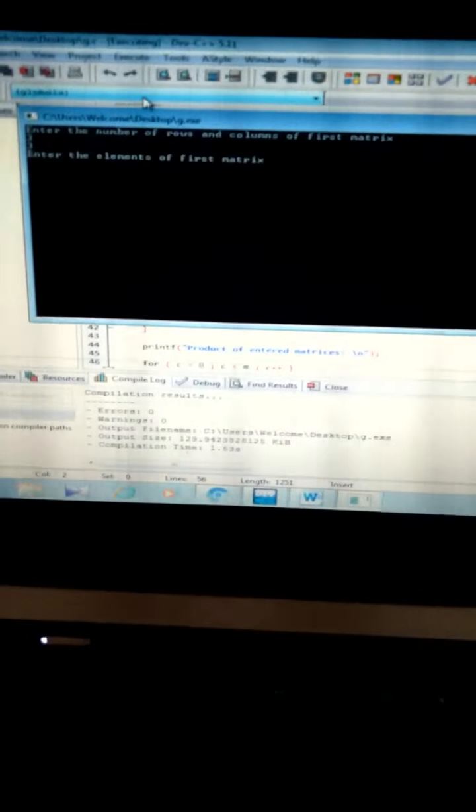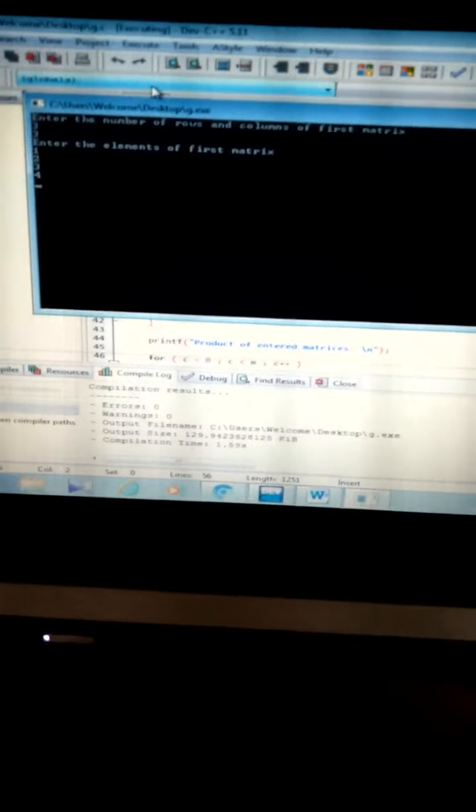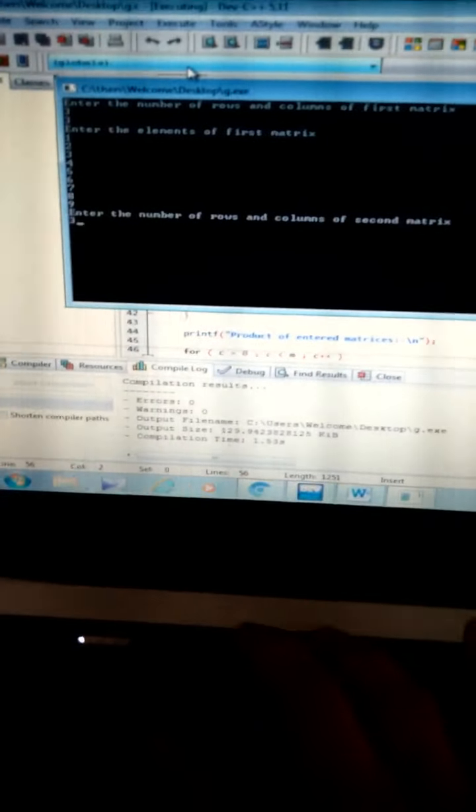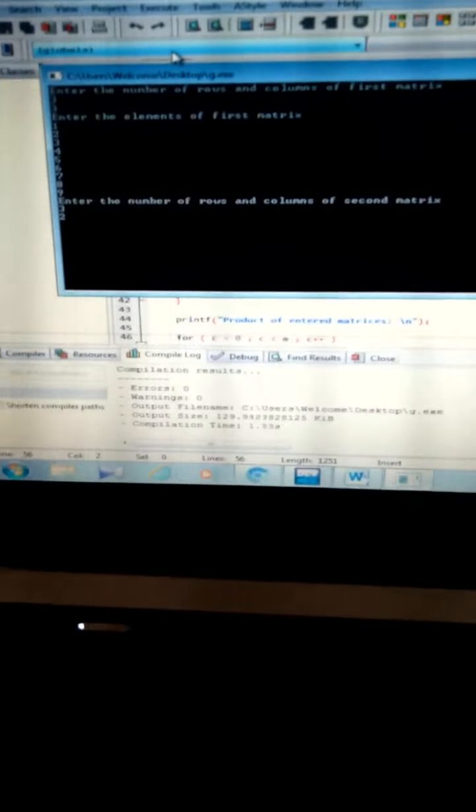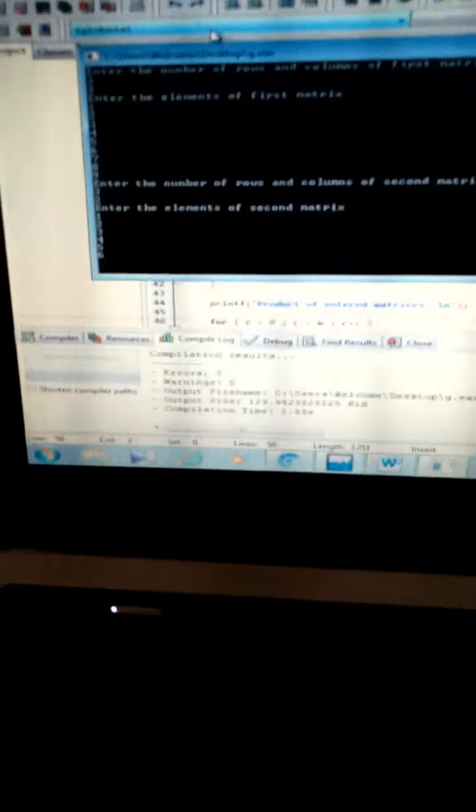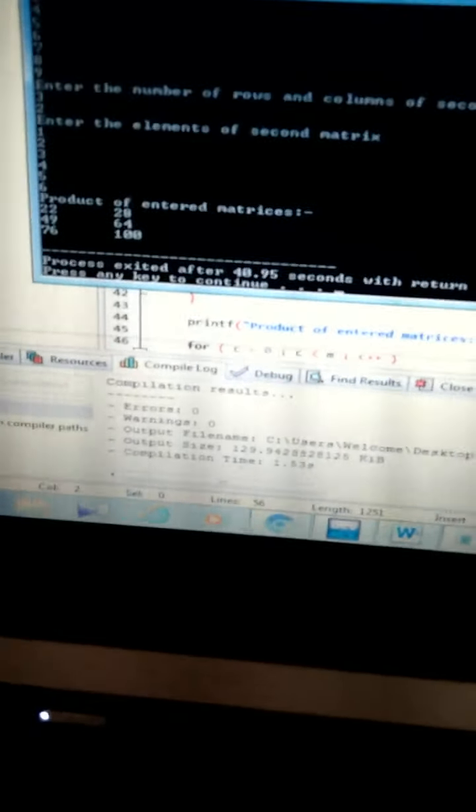As used in tracing, give the same input. This is the result.